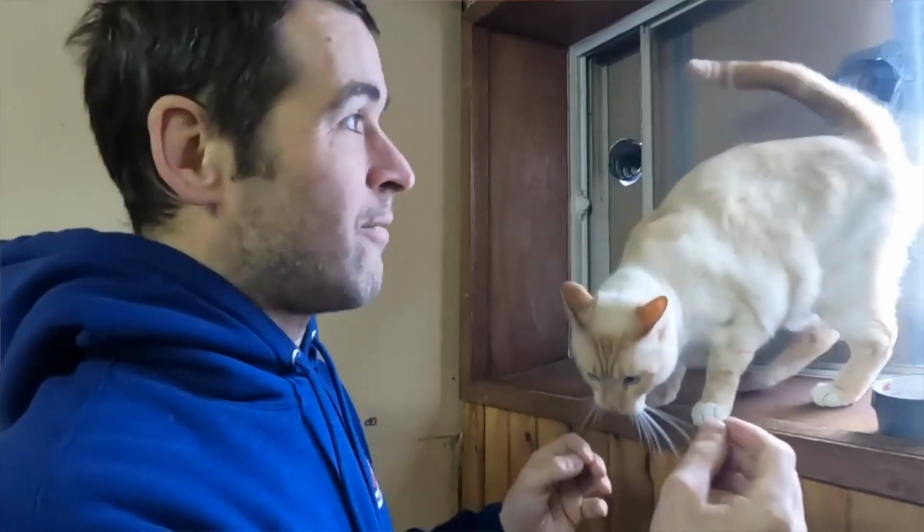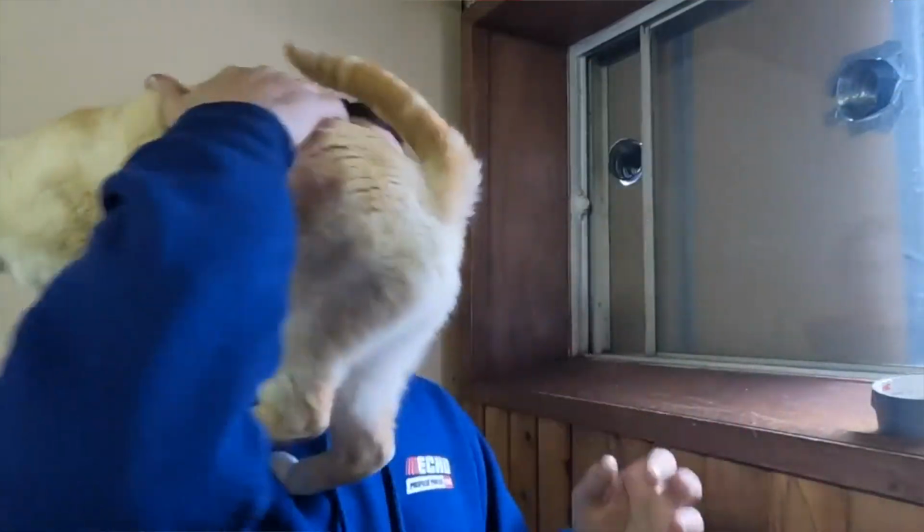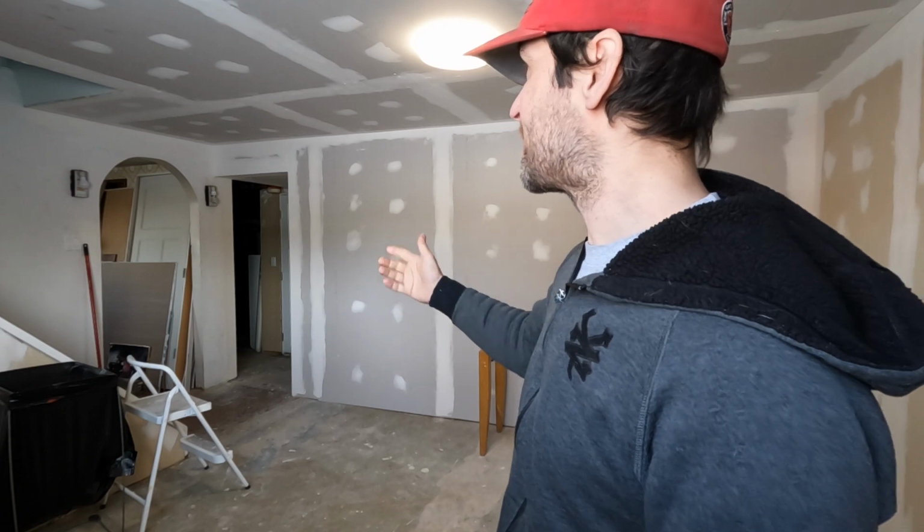I had the heater coming in through the basement window. We'll go look at that room in just a minute here. But basically it is just on the other side of that wall. This used to have drop ceiling and I've now put up drywall. And I've spent the last week and a half building that wall, putting up drywall in both rooms, and I just finished mudding. I finished the first coat of mud yesterday,